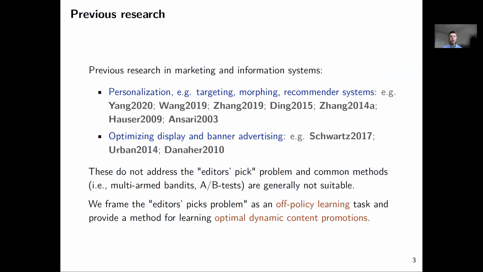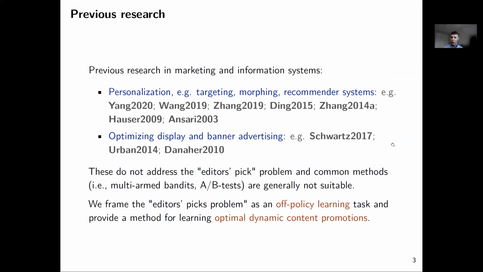And the second stream concerns display and banner advertising and how to optimize that. It also does not address the editor's picks problem, since this stream of research is concerned about advertising, whereas we want to optimize our own content. And many of the methods used in these research streams are based on randomization, such as multi-armed bandits and A/B tests.